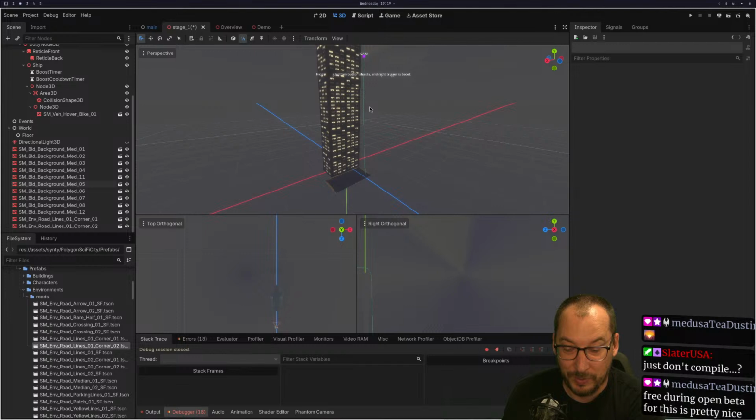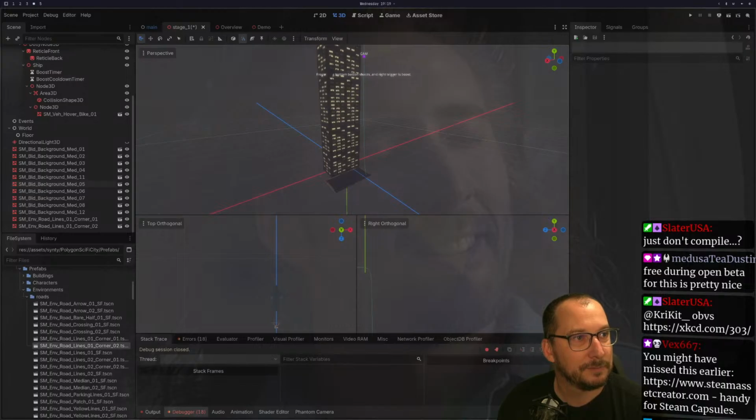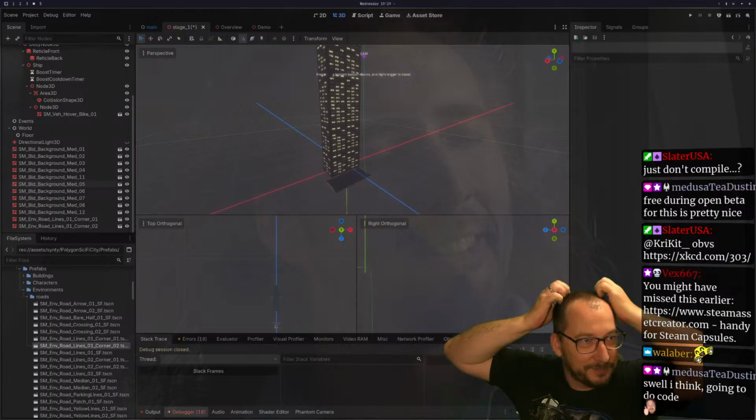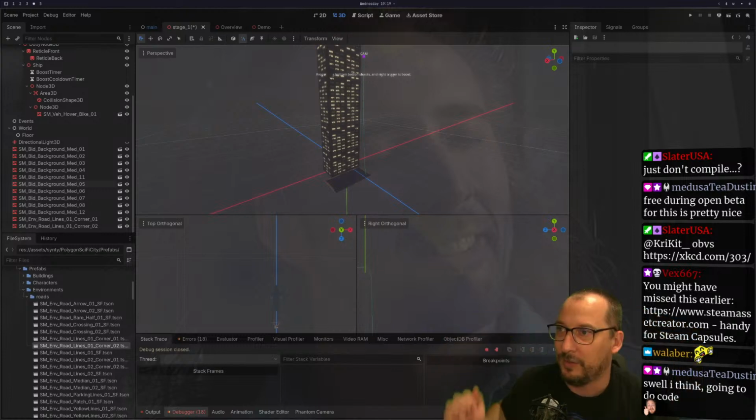Everything is just screwing up. I have to make a business account for Amazon so I can get a new mixing deck and expense it. Handy for Steam capsules. Thanks, Vex. Wallaber, how's it going? We're at like 2 frames a second right now. Okay, so I can't really do